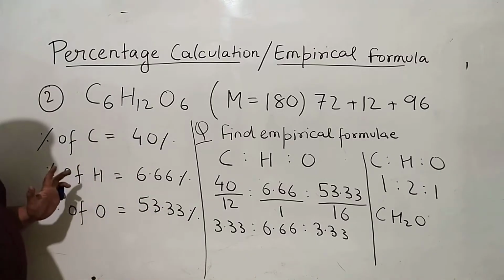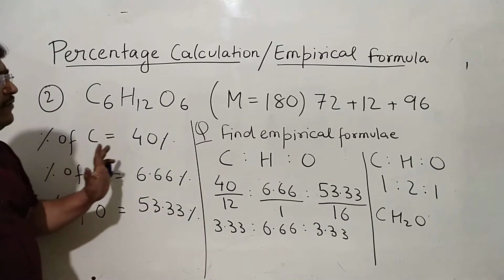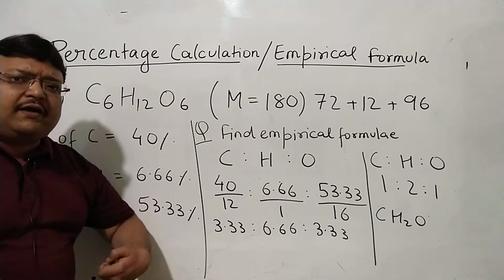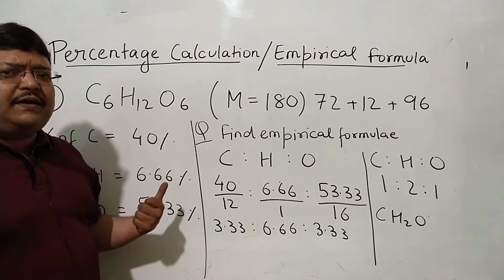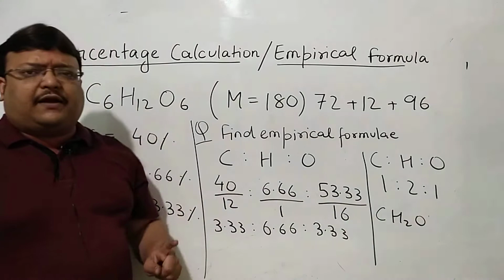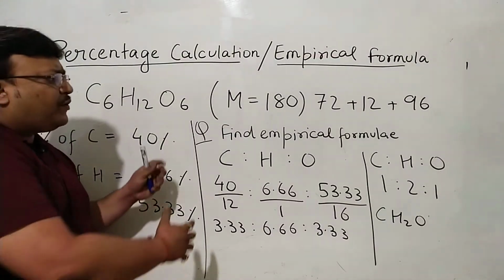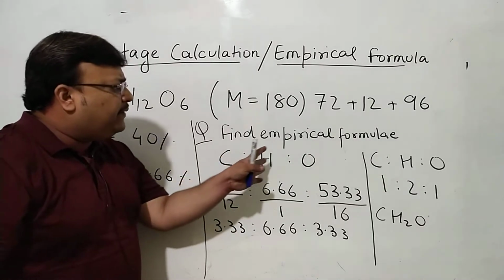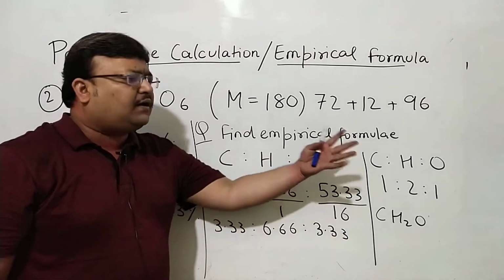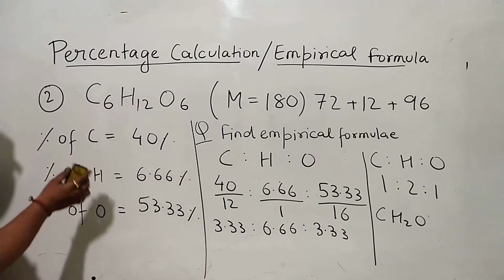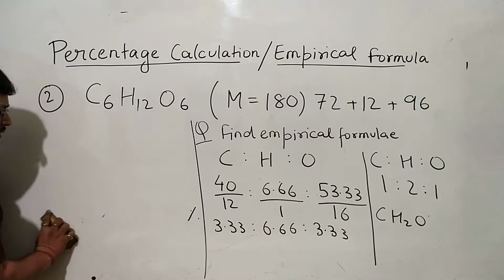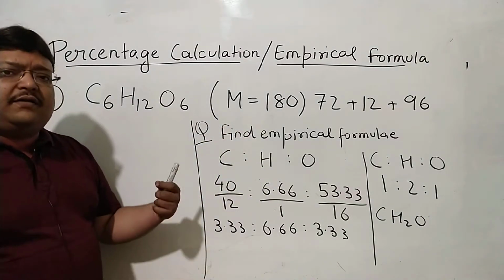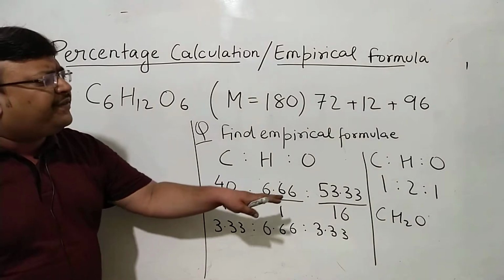I'll come to that, but before that, you would want to be very, very clear about this simple way of finding the empirical formula, where the percent of the constituent elements are given. What we are doing right now is, we are framing the question ourselves and then arriving at the expected empirical formula. But otherwise, it could be a problem of this kind, where it will all begin with the percentage of elements, percentage by mass, and we have to predict the empirical formula. Now moving on, naturally empirical formula happens to be the simplest set, the smallest set of whole numbers, giving me the atomicity of the 3 elements.